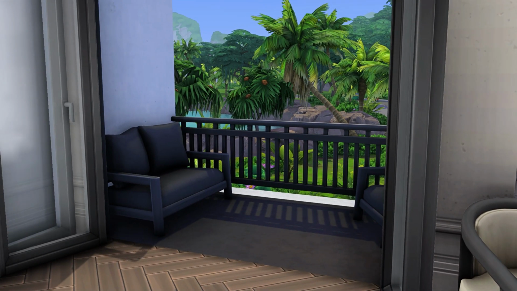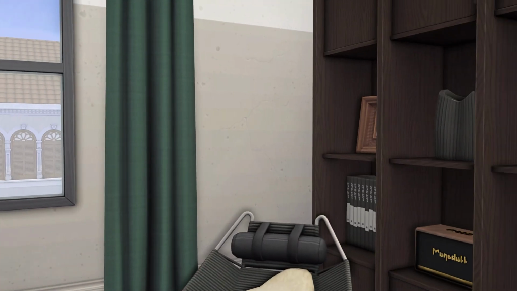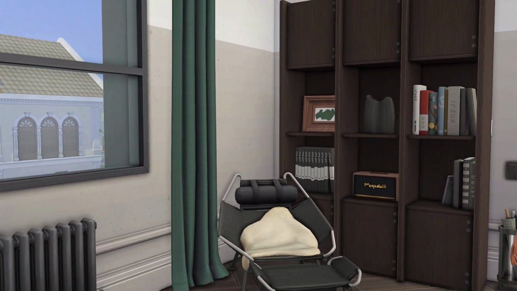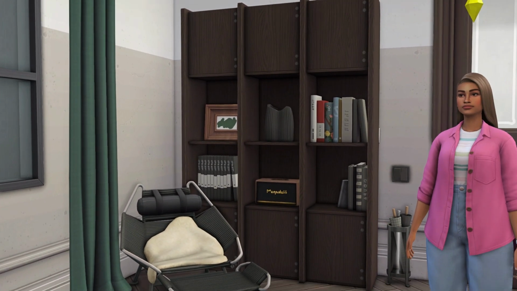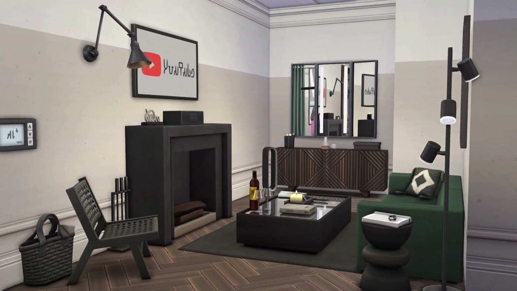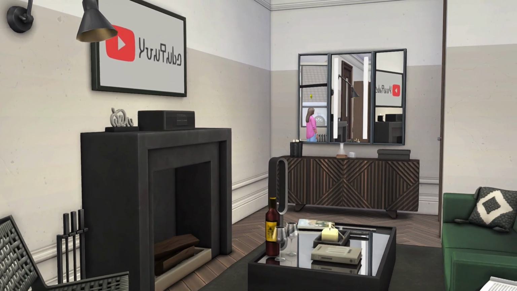Through here, we've got a balcony with a little view of a little bit of green space and a really obstructive view of the water. And around to this side, we've got just a little seating area with a bookshelf and Kiana's head again. And then here's our main living space. So you've just got your TV, a fireplace, and your sofa. So then through here